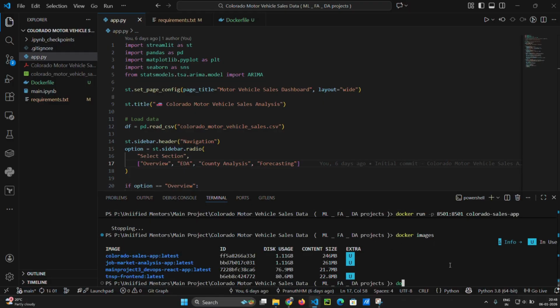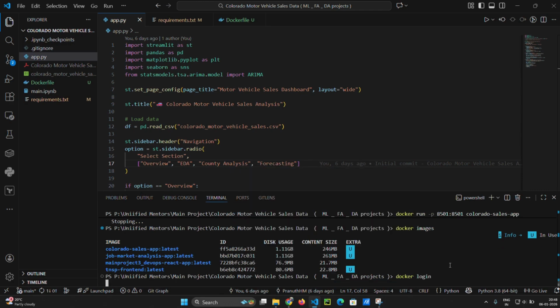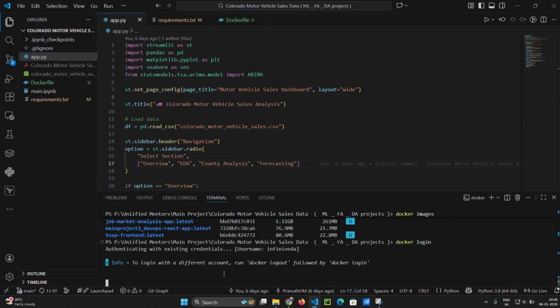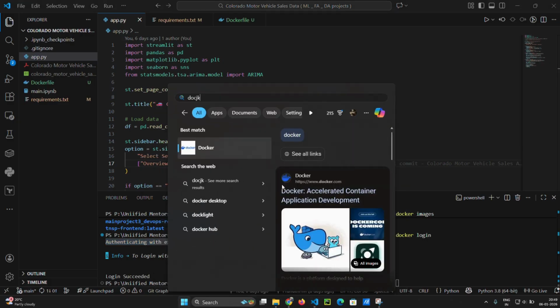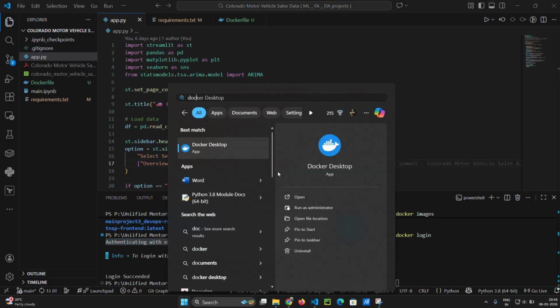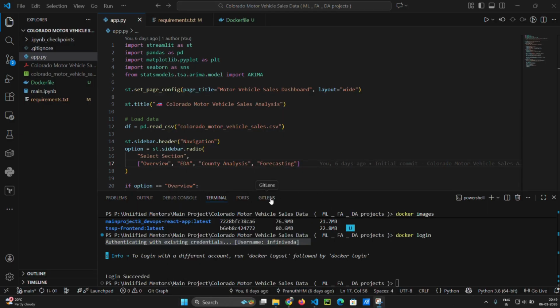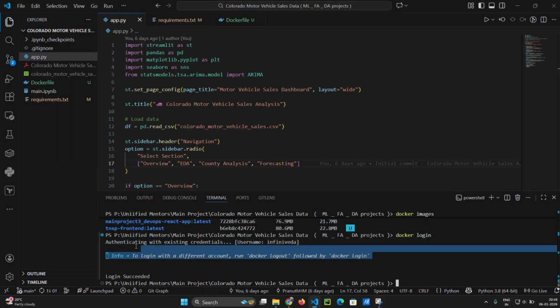Now you have to give Docker login. Here it will authenticate automatically, as I have Docker Hub application. Just a minute. Docker desktop is present in my system. As I have logged in previously into Docker desktop on my system, this logs in automatically to my Docker Hub account. If not, it will ask you the username and password. You can give it. Once you perform that, tag the image